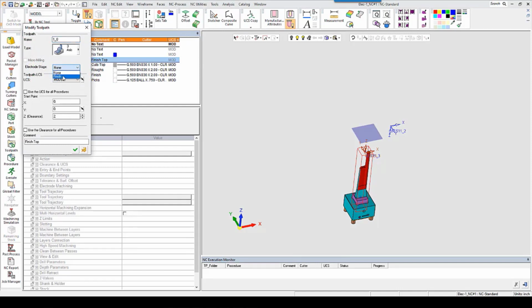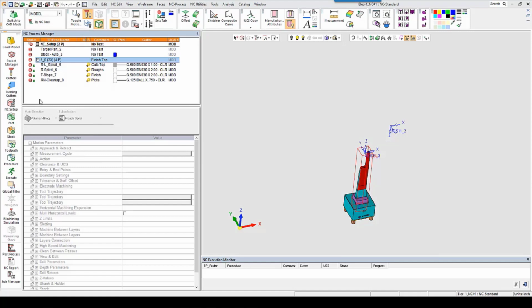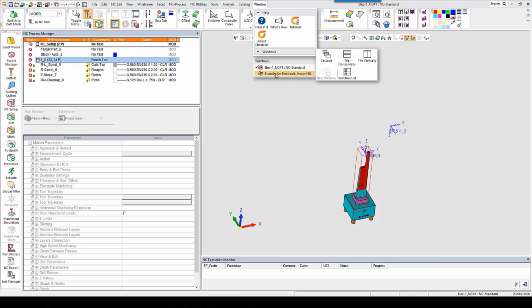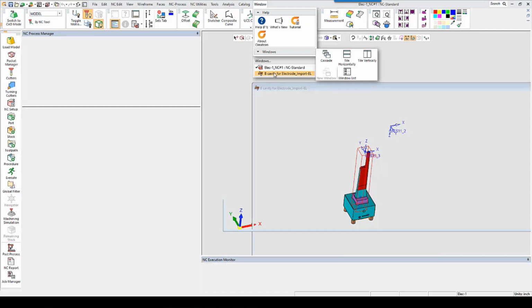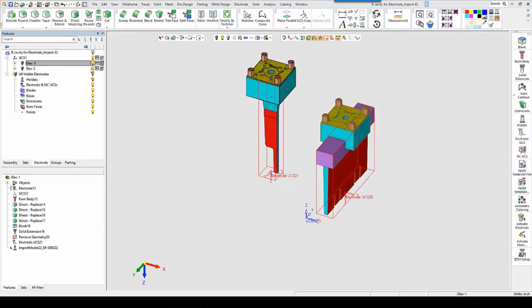In here you'll see now that the only burn stage that is available is finish because that was all that was set in the EDM setup. If there ever comes a scenario where you need to add a rougher electrode, if you're already in the file, you can just jump back to the assembly file, but if it's saved and closed, go ahead and just open up the assembly file,